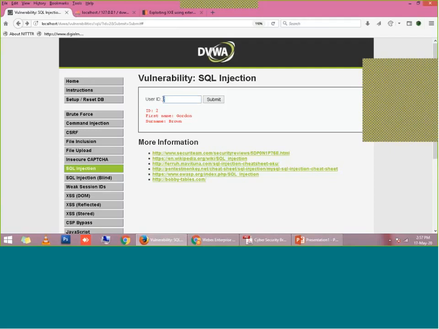You must be aware, because in the first class I showed you, whenever you put a single quote in the SQL query, it terminates the query, and hence it is not able to retrieve any data, so it gives an error.